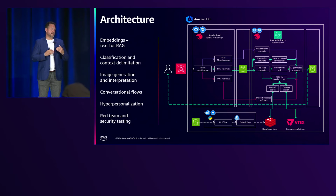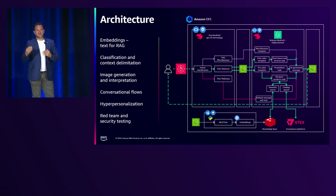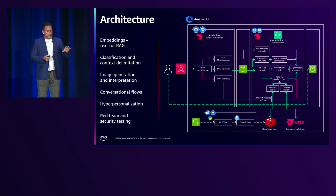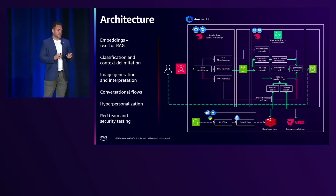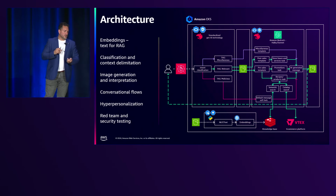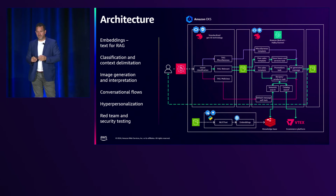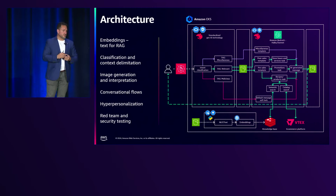So after that, we can compare the knowledge base with the response that is being generated with the Amazon Bedrock environment. What capabilities give us these interactions and this flow? We can do embeddings with RAG. We can do classifications and context delimitation. We can do image generation and interpretation. So from an image, we can take out descriptions, characteristics, and tagging also in the SKUs that we have